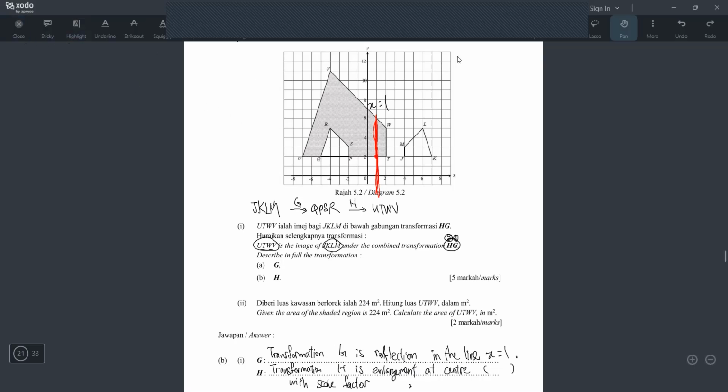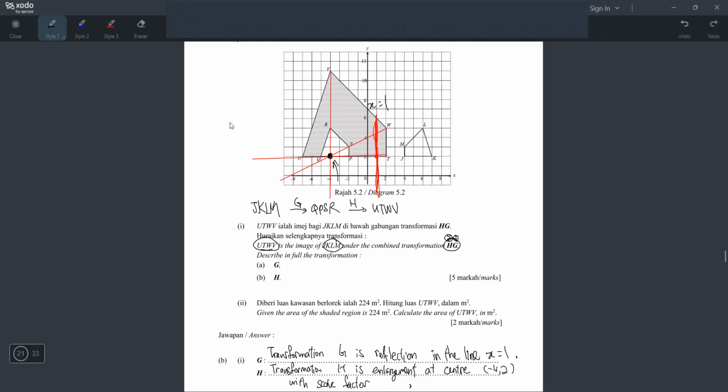Okay, how to find transformation center? We have to buat garisan. Tapi garisan kena sambung dengan corresponding point. Corresponding means point yang sepadan. So V dengan R, okay, and then W kawan dengan S, okay. Okay, I can already see the center already, right? It's here, right? Okay, but you can draw more lines if you want. T dengan P, and then Q dengan Q. Okay, you can see already. Semua line ni intersect kat sini. So itulah dia punya center. So center dekat negative 4, 2. So the center is negative 4, 2.